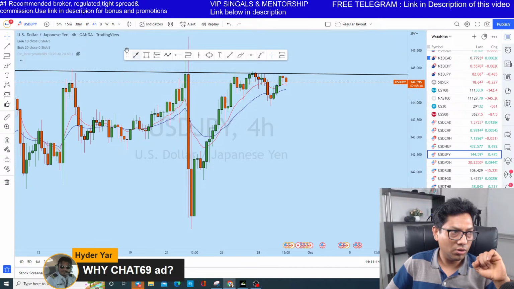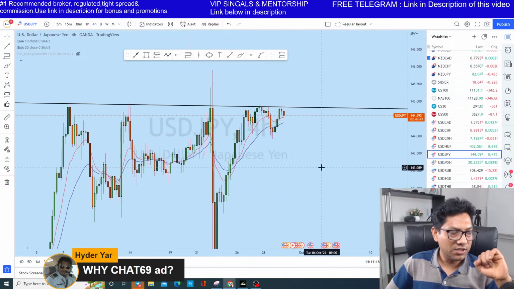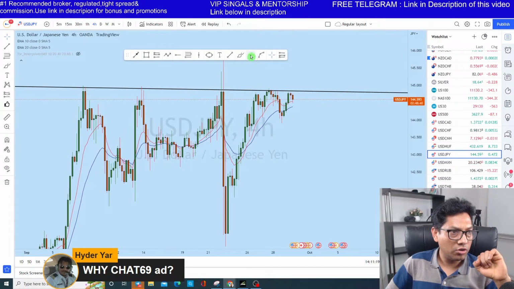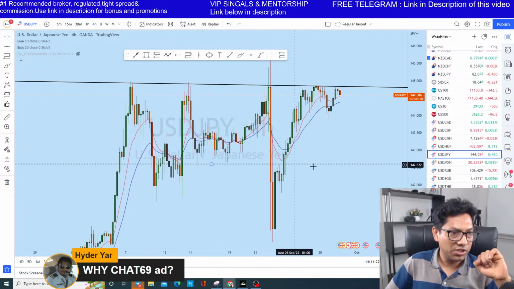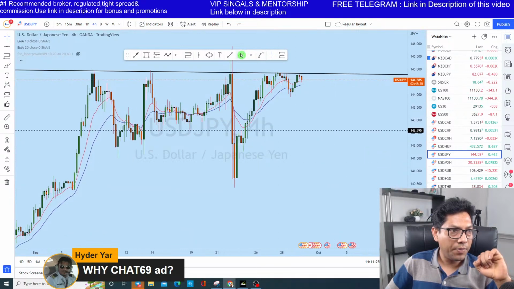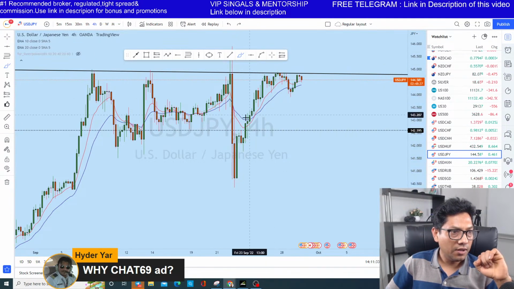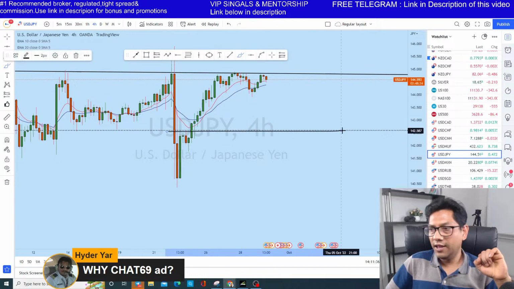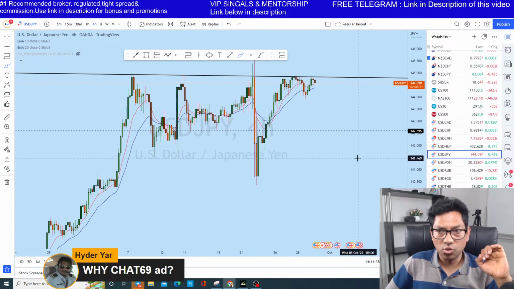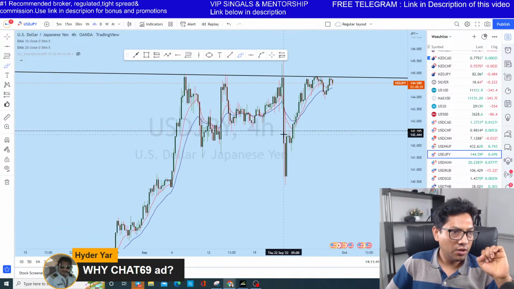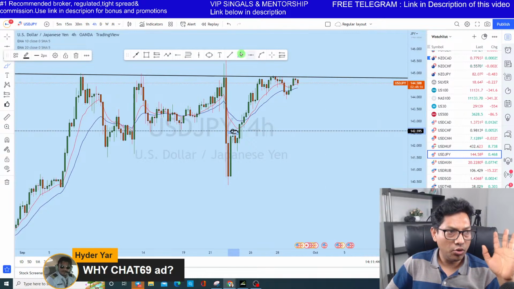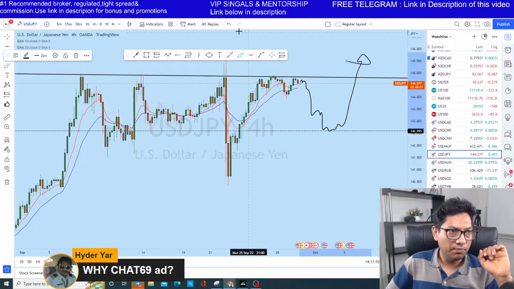Dollar yen does this all the time. It is possible that dollar yen comes back to this zone again. Why? Because you see there was a reversal in dollar yen. You see there is a liquidity gap, a big W formation or double bottom formation like that. This neckline on dollar yen has not been tested yet. So I think there is a probability for dollar yen to come back to this neckline, but I will not be doing anything until it's a bullish market. If it drops, then I'll let it drop here, and from this zone we could see some bullish move again.